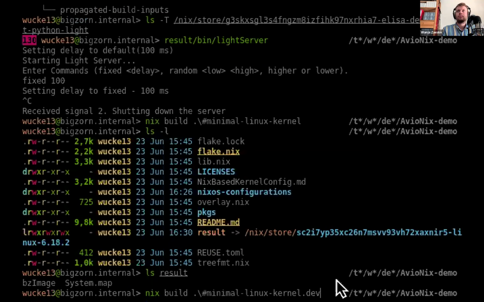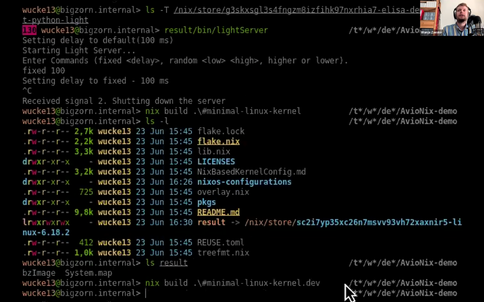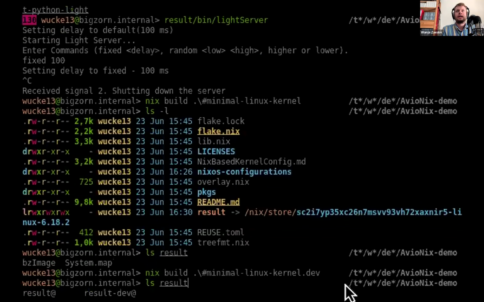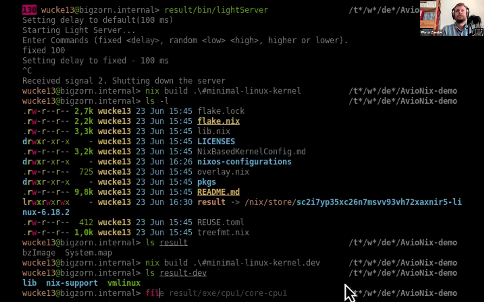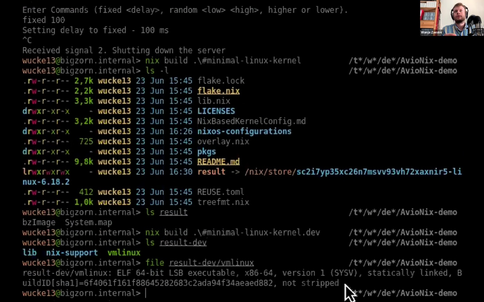And for this, there's the sub-output linux_kernel.dev, which will build us the kernel as an ELF file. So if we take a look here, we have result-dev/vmlinux, which is an ELF file containing the kernel with all the stuff. If we build the kernel with debug information, then this would also be an ELF file with the debug information, which is useful if you want to do kernel-level debugging with QEMU and GDB, for example.